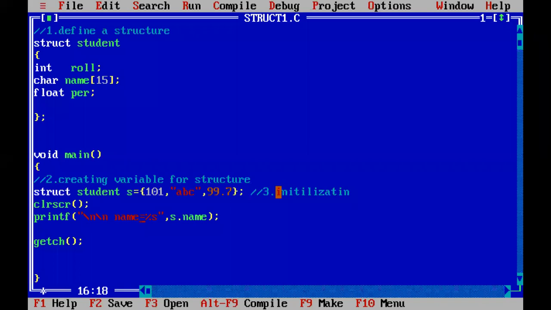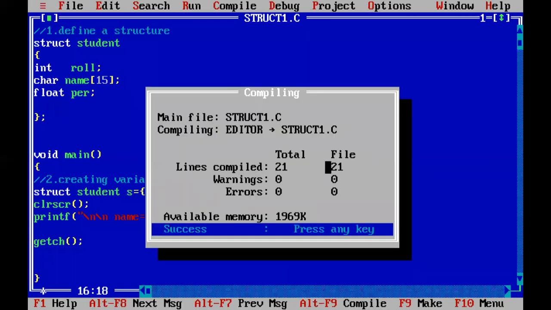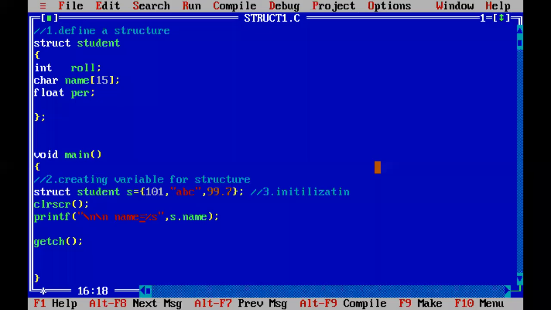Now I am pressing F9, zero errors, and I am trying to execute the program. Control F9. So what is printed? Name equal to ABC. So S1 dot name is the name in S1. What is the value we initialized with the name? ABC.